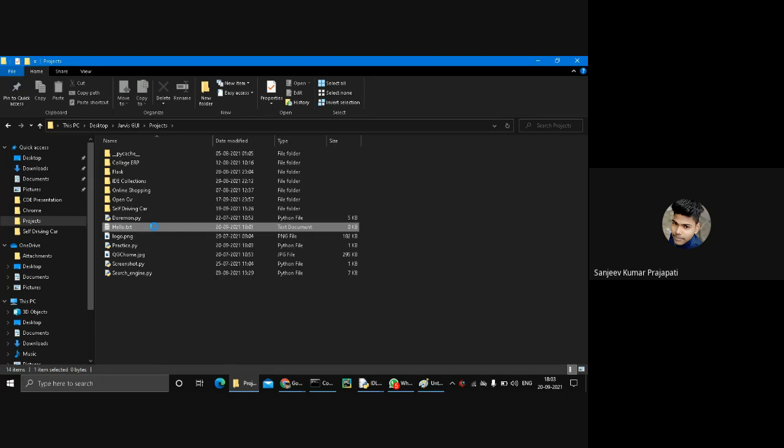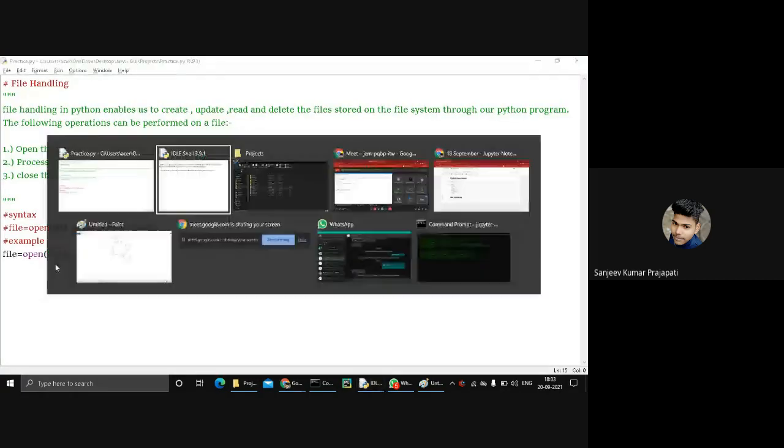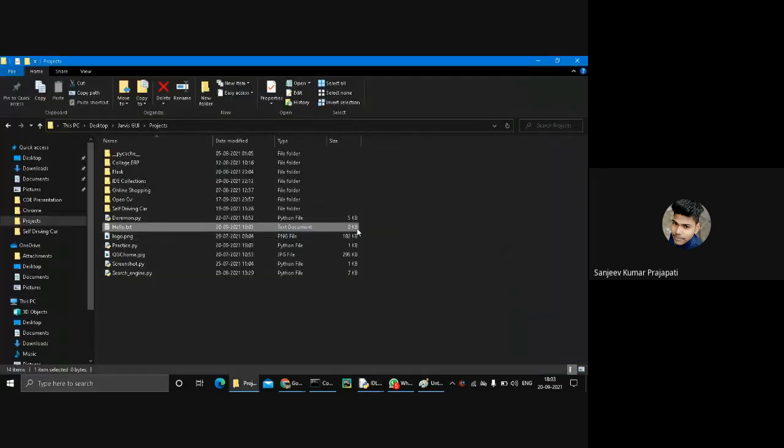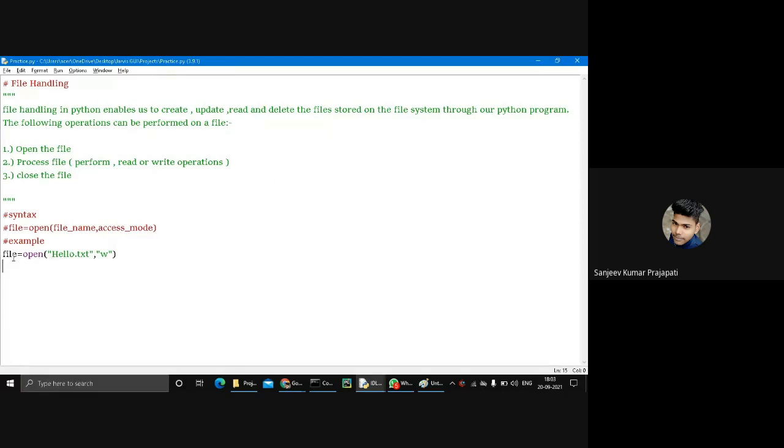So it's created, but no content is available in it because right now I am just creating the file. It doesn't contain any information, so you see the size of this file is 0 KB. Now this is clear, how to create a txt file.